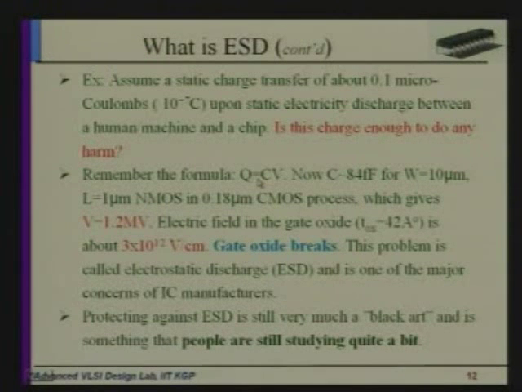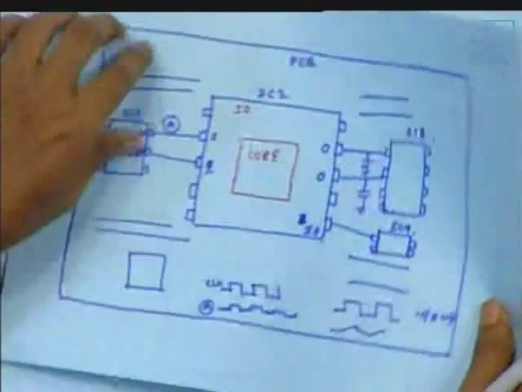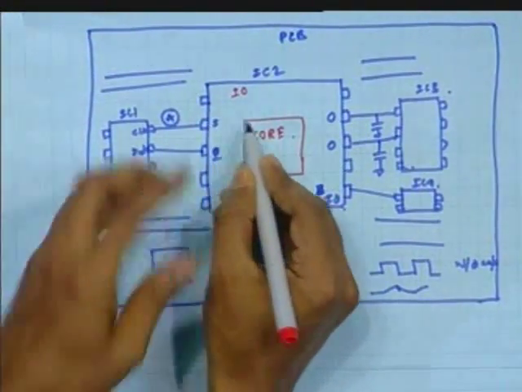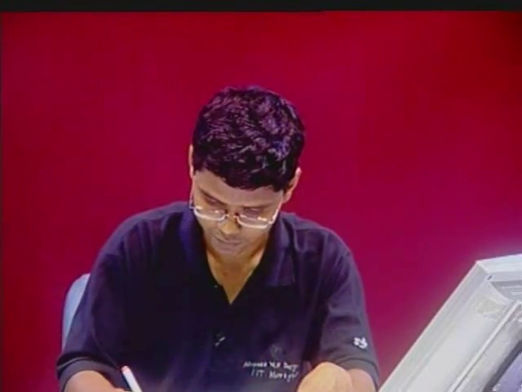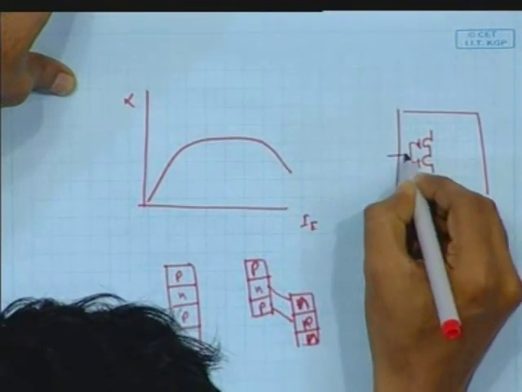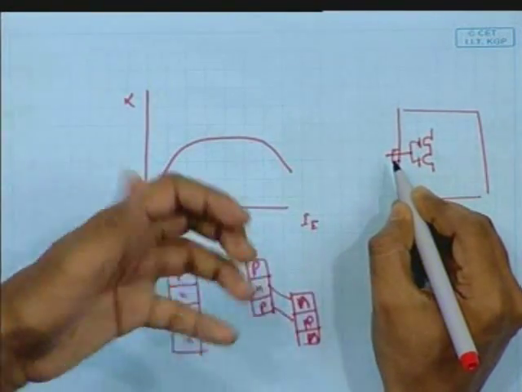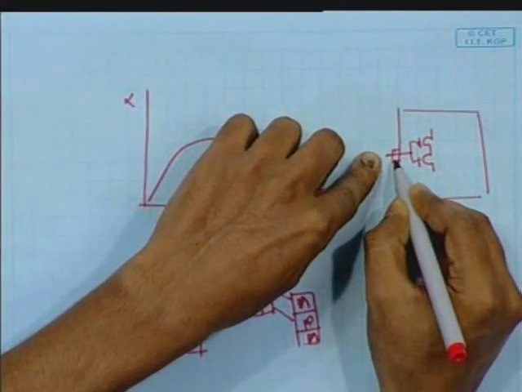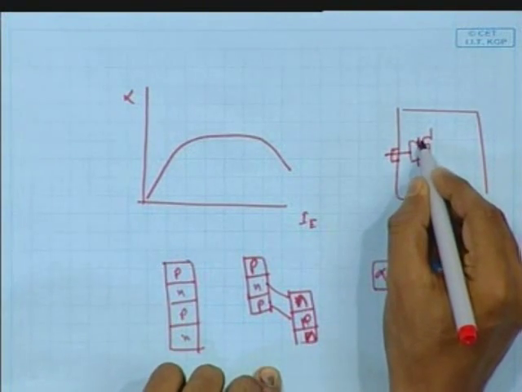Now for today's CMOS process, if you consider just one MOS, I am drawing here. Consider this is the pin, this is the input side, right? This is connected to an input buffer, right? Input buffer means, if we consider a simple input buffer, that is an inverter, right? This is the IC, connected here to the inverter. If we touch this pin, that means the charge stored in the human body will transfer here. Now consider that charge is very small, 0.1 microcoulomb, but the capacitance here, this oxide capacitance,